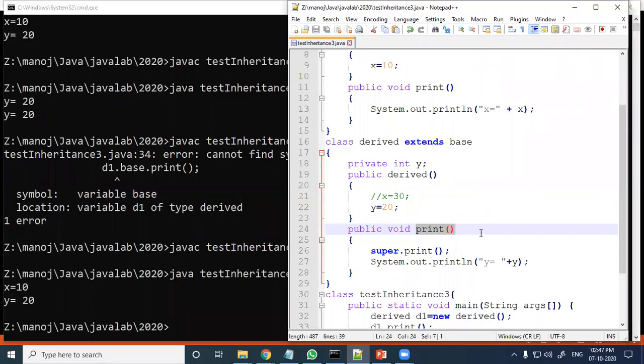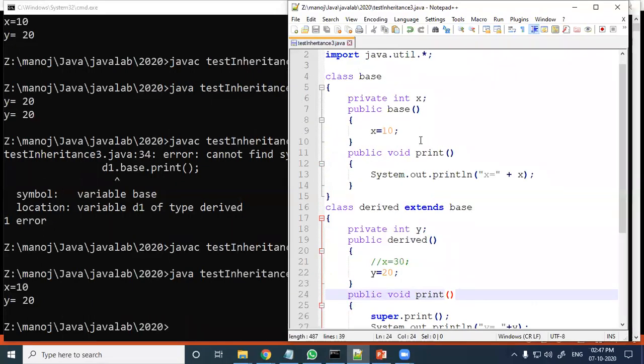For now, understand that inside the base class the function print is there, and inside the derived class the function print is there. With no parameter, return type void, here also return type void, public. So the signature is also the same.